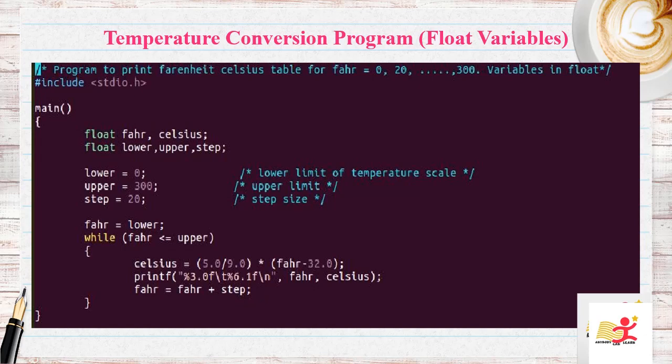And if an arithmetic operator has integer operands, an integer operation is performed. Like we have seen 5 divided by 9, there an integer operation is performed. If an arithmetic operator has one floating point operand and one integer operand, the integer will be converted to floating point before the operation is done. If we had written Fahr minus 32, 32 would be automatically converted to floating point. If you're writing floating point constants with explicit decimal points, even when they have integral values, their floating point nature will be emphasized for human readers.